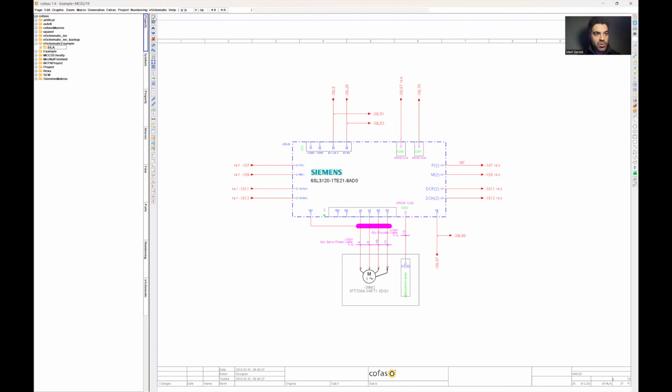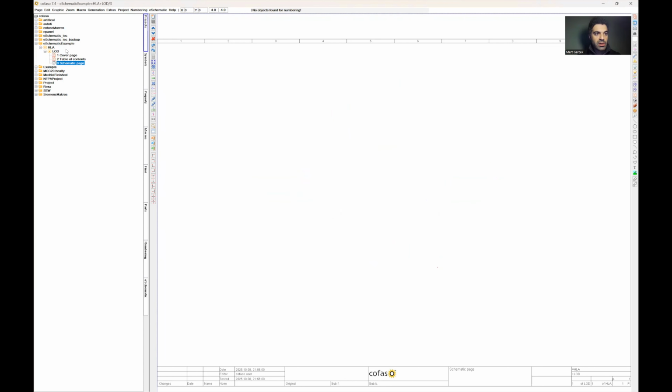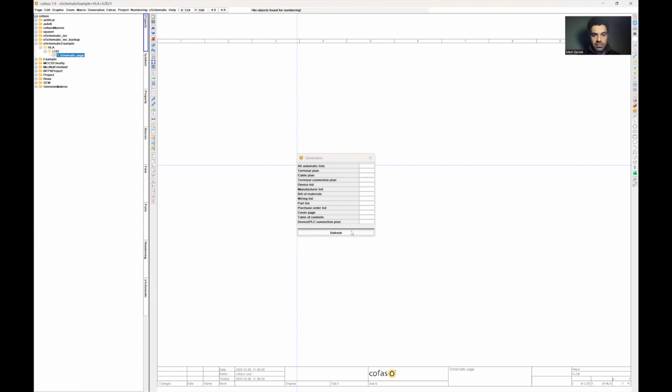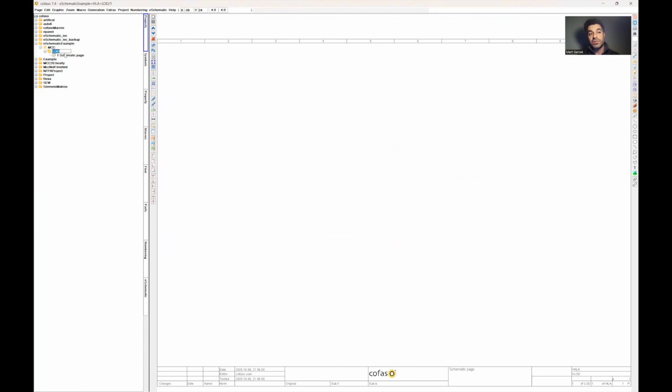And then one more click. I don't need those ones at the moment. So instead of HLA, I will simply put here MCC. I'm also explaining at the moment actually how the structure of these sub-circuits, dynamic macros, should be. So in our case, let's say I will design a star triangle